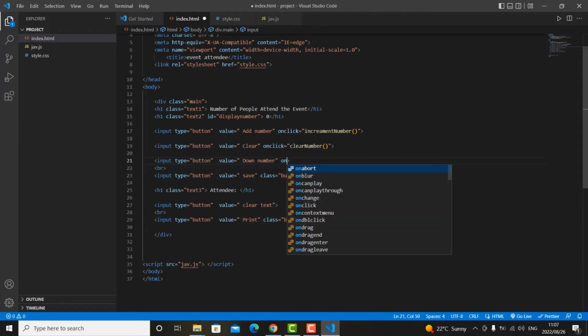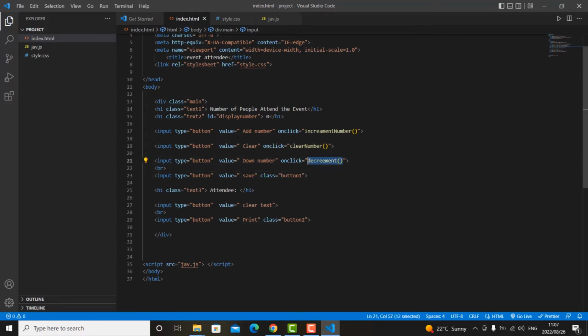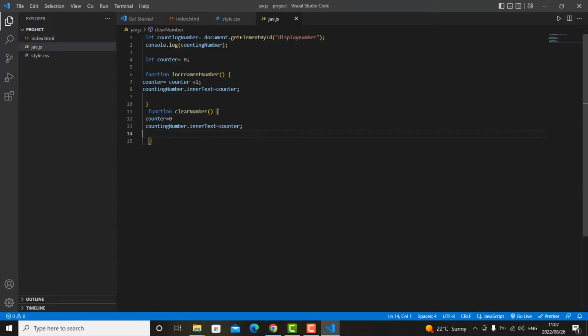We add onclick to the button element. Now we're going to call the function called decrement. Decrement. I'm going to copy this. I'm going to go to JavaScript and create a new function